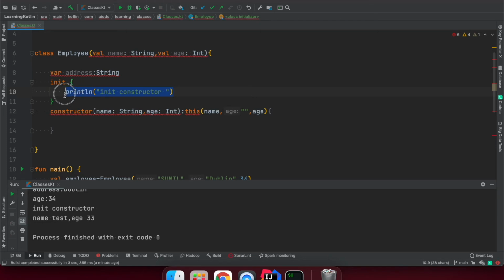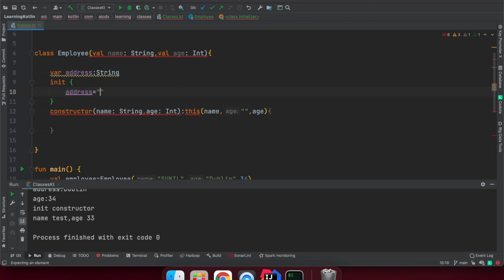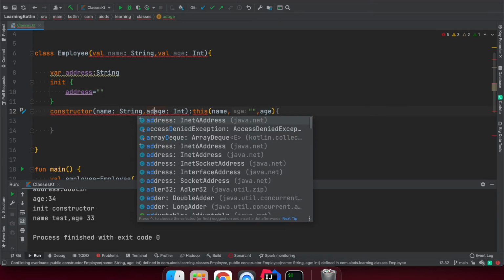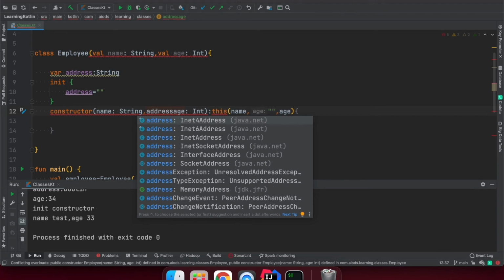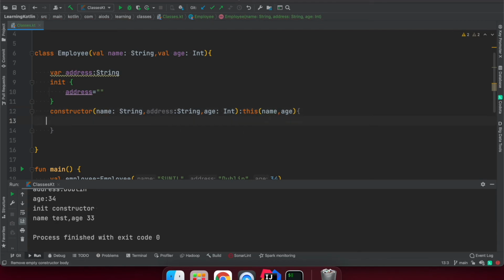So I'm going to remove this address is equal to double quotes. Okay, so this one, and I'm going to pass the variable here, address colon string. Okay, and here we need to remove this address, and I'm going to pass this address initialization part here.